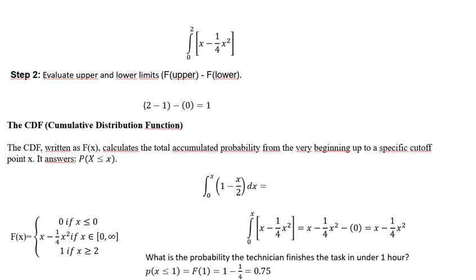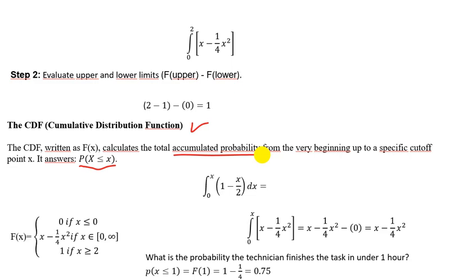Now with the same example, let's see what is CDF, cumulative distribution function. We saw this with the discrete random variable, and it is the same concept actually. So it answers the same question: the probability of x is less or equal than a specific value, a small x here. So what it does exactly, actually, it calculates the total accumulated probability from the very beginning up until a specific